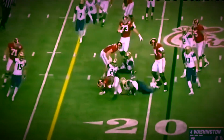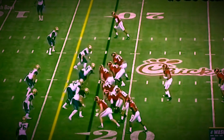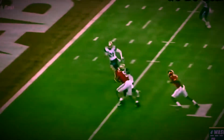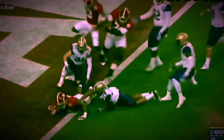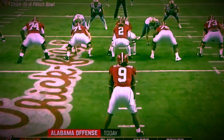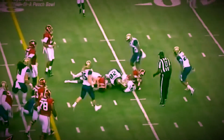This is from the year prior. And when Bo is confident, he can keep the runs going. Bad habits aside, it doesn't even matter. He still has the same bad habits in this game. But I think confidence is pretty big for him. And as he gets confidence moving forward, he's a pretty hard, immovable force, if that makes any type of sense. And you see him, he keeps churning,